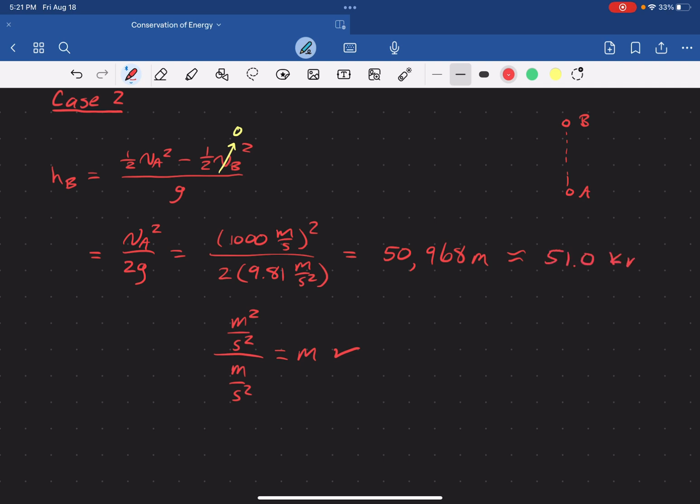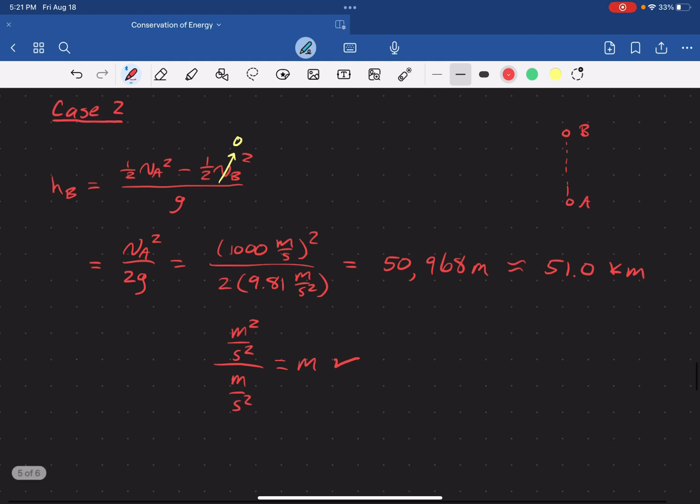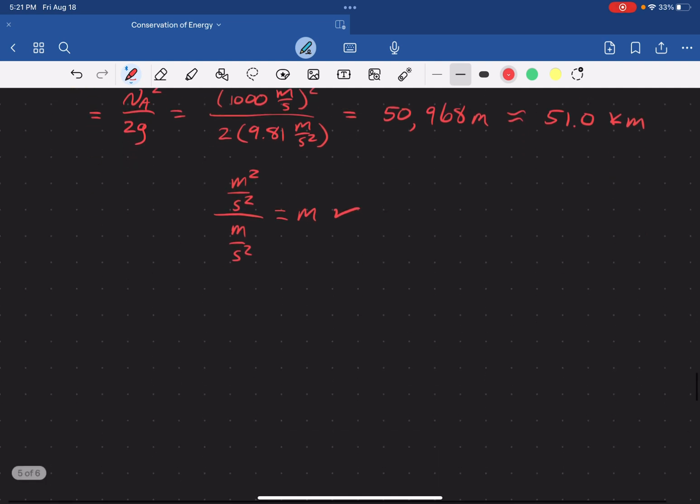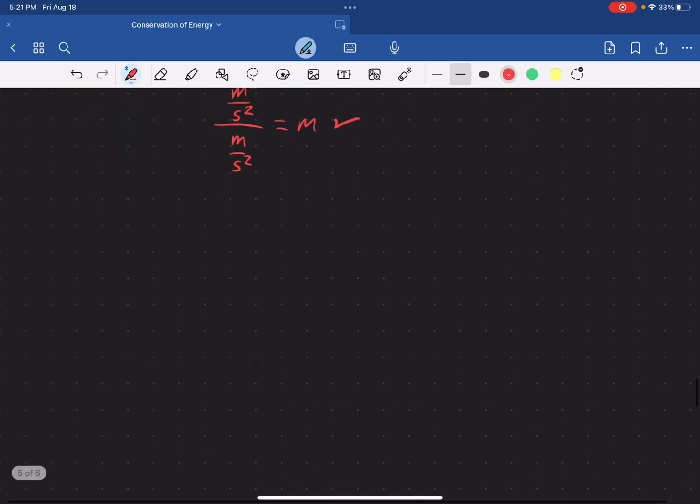51 kilometers. Wow, also very big number. Now, moving on to part B of this question, which asks us to find the total mechanical energy